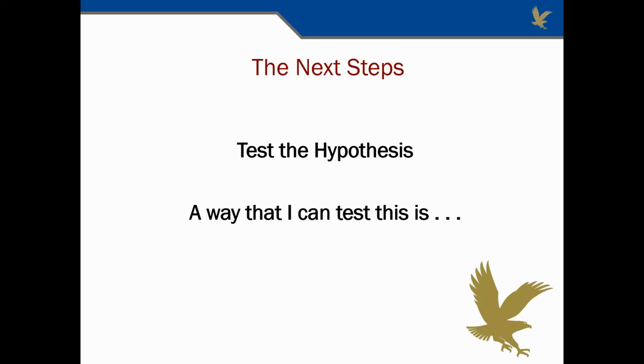In the next steps of the research process, you will proceed to testing the hypothesis. You will consider how to collect the data on the variables you have defined in your research question and your hypothesis about their relationship. Essentially, for this stage, you will be completing the sentence, a way I can test this hypothesis is,